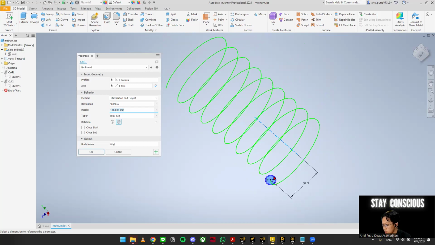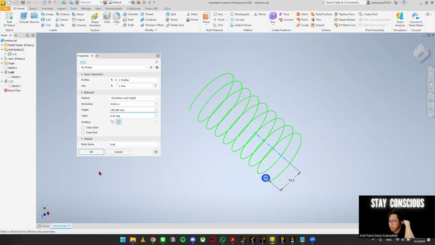That's why I'm using only half an inch for the diameter of the pipe.